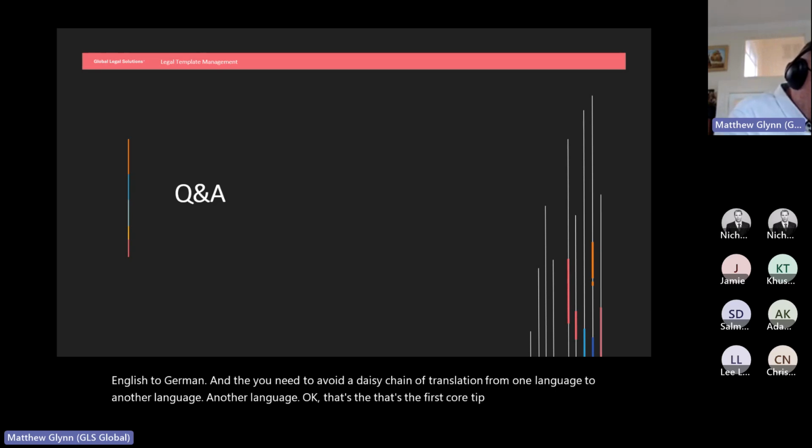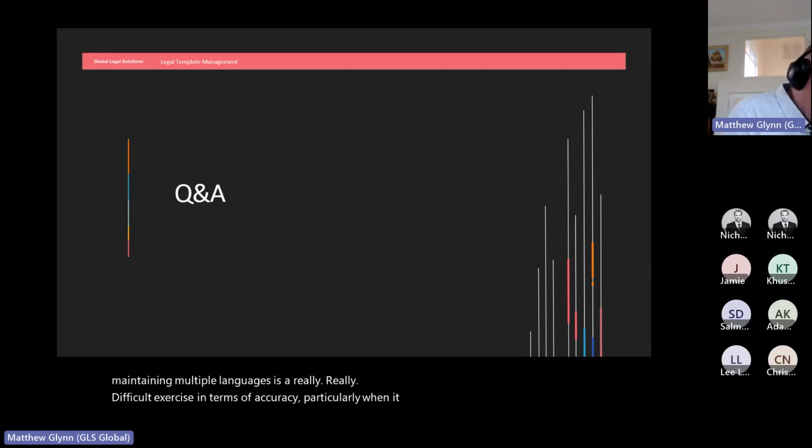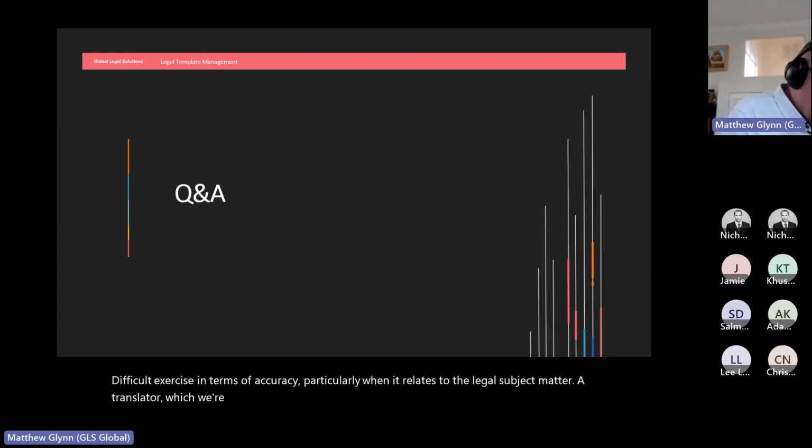Second is that maintaining multiple languages is a really, really difficult exercise in terms of accuracy, particularly when it relates to the legal subject matter. A translator, which are expensive, is one thing, but legal translation is another thing.